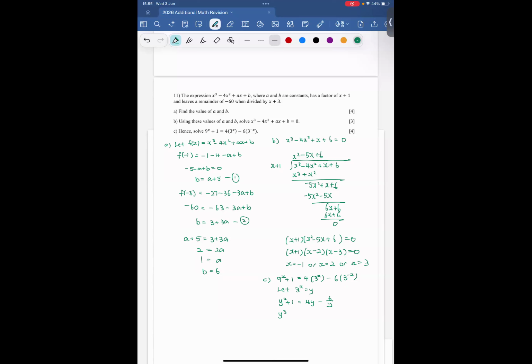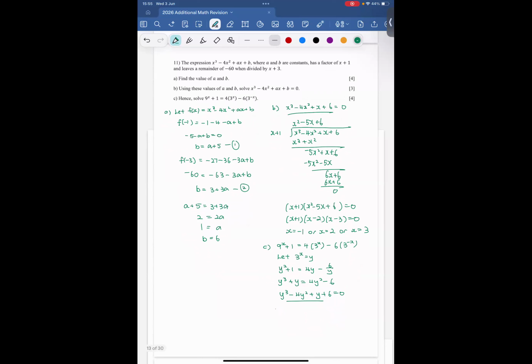Then we times y throughout. We bring them to one side. You can see that this and this are now totally equal to each other. So I can just use part 1 and say y is equals to negative 1 or y is equals to 2